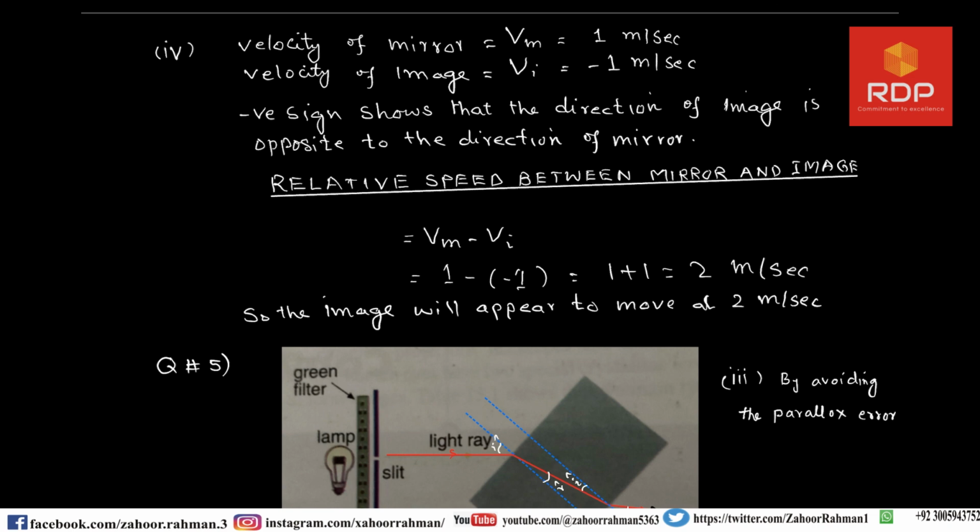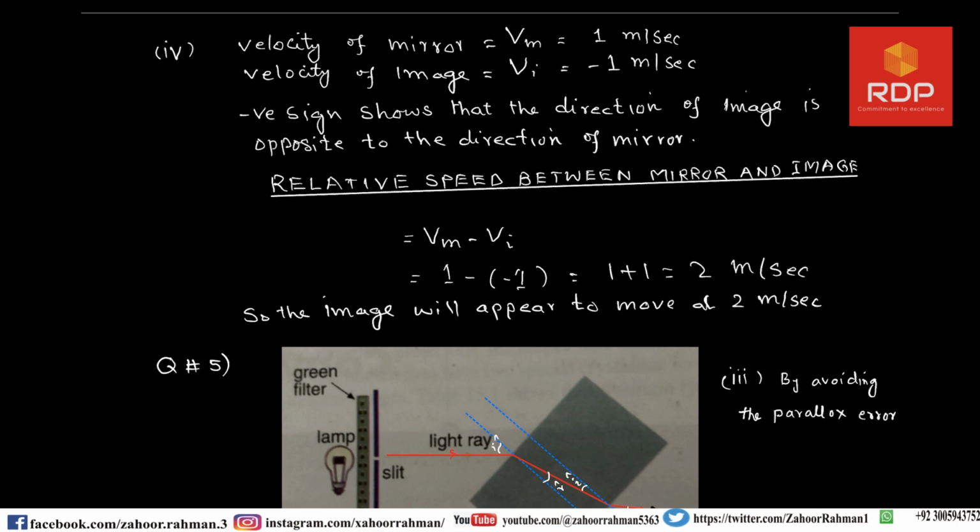So the question is asking in which direction it will move. Show the direction of the movement. So it will be opposite to the movement of the mirror. Now we have to find